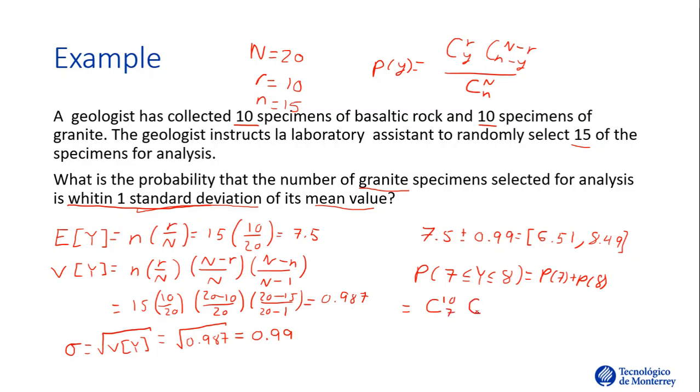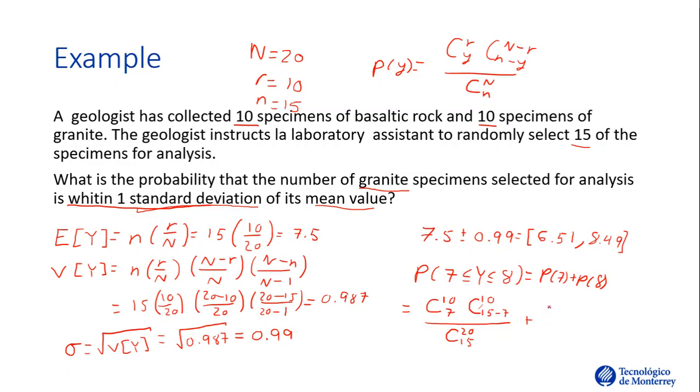In the next combination, n minus r, 20 minus 10, is 10. While n minus y, 15 minus 7, is the other part of the combination. Everything divided by the combination of n 20 in lowercase n 15